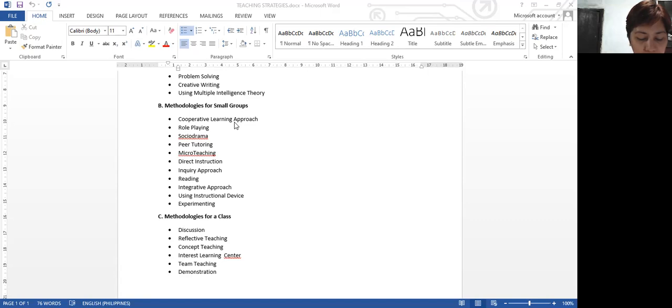Cooperative learning groups exhibit less competitive behavior. Why? Because they are doing the task for everyone. What I'm trying to tell you here is it lessens competitive behavior because they are working their best for the success of their group. So meaning that is not just for their own success, but also for the success of everyone. So group work develops friendliness, because through this kind of approach,